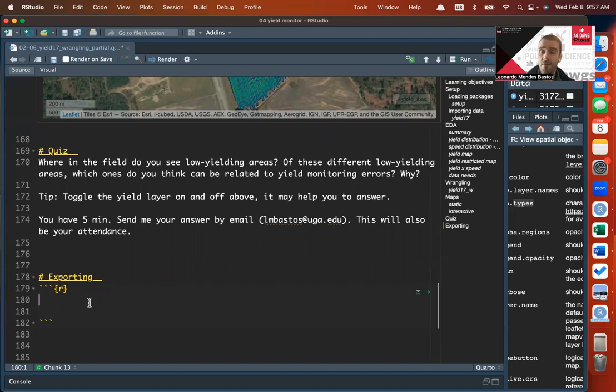To do that, I want to use a different script so this script doesn't become too large. Because we're going to be using the data that we produce in this script in a different script, we have to export this data so we can then import it in the next script. To export this,